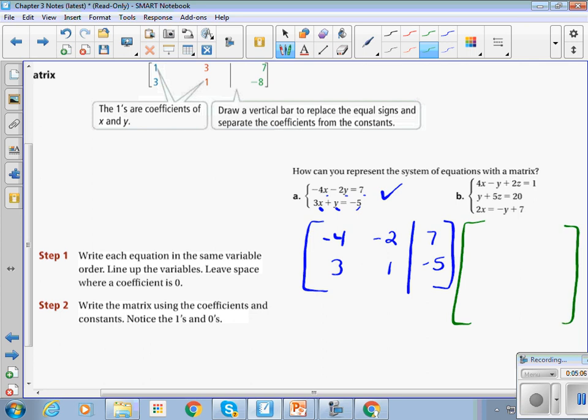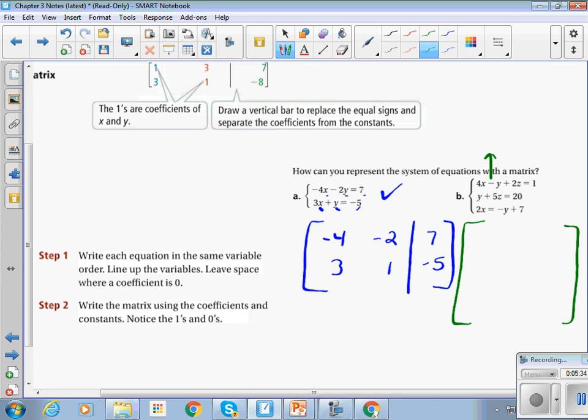How do we know the solution though? We'll do that on the next slide. We'll work on solutions on the next slide. I'll show you how to do it mathematically by hand, and then I'll show you how to do it on the computer using a utility. Okay, so step one is to write each equation in the same variable order. So I need to rewrite this